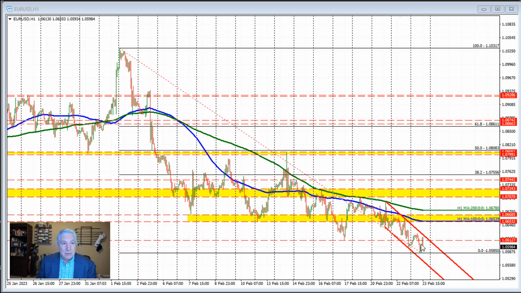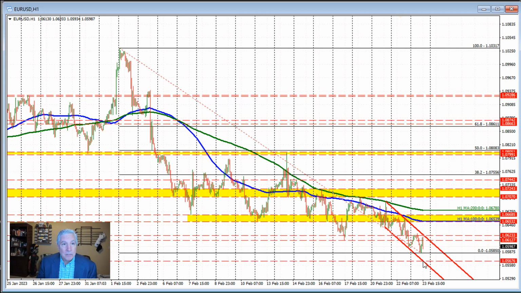The top side trend line looks like it comes in right around the 106.23 level. On the downside, if we move further lower, the lower trend line is running away from us because it's downward sloping. Of course, that comes in around the 105.67-ish area currently, and moving to the downside. So a break below the 105.85 level opens the door for a move toward the lower end of this channel that we're in for the euro versus US dollar.